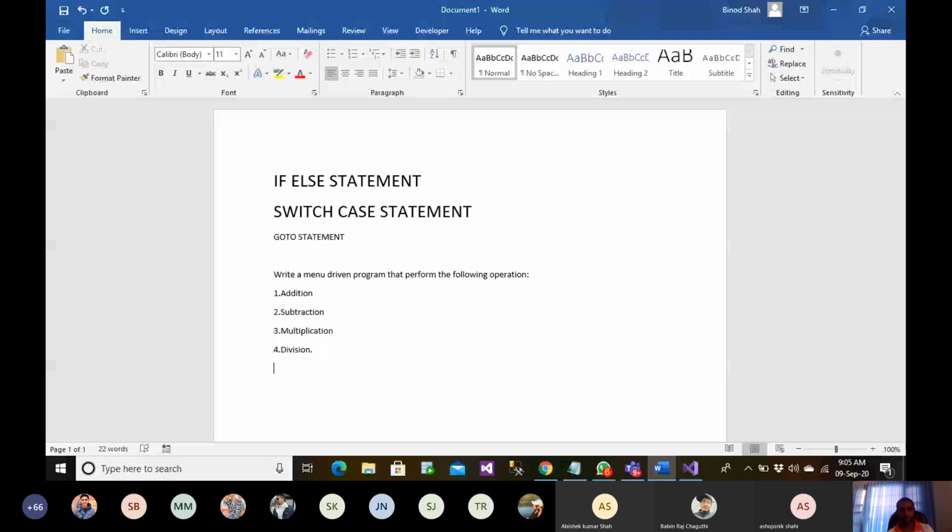Write a program performing the billing operation for the customer who may purchase n number of products.